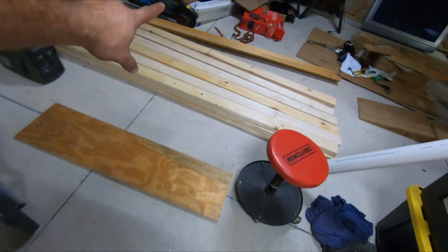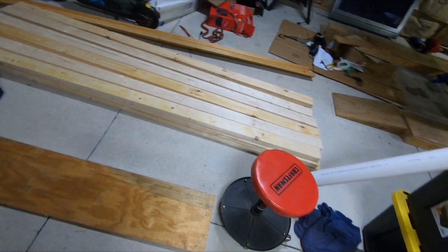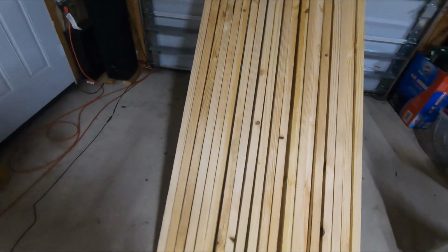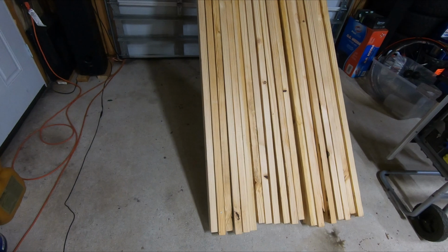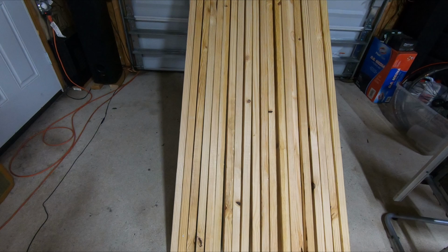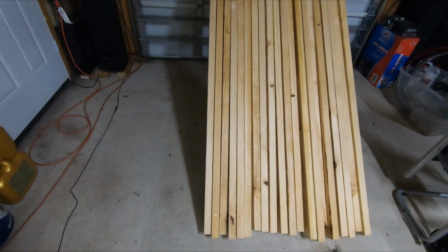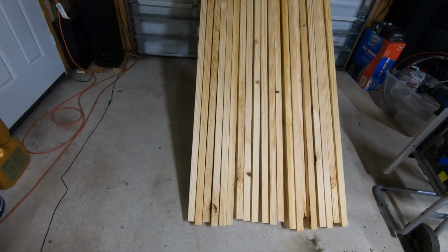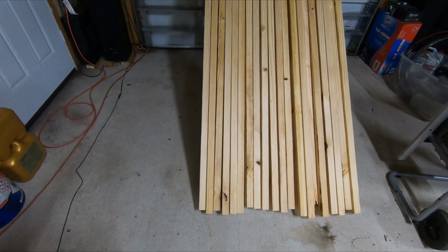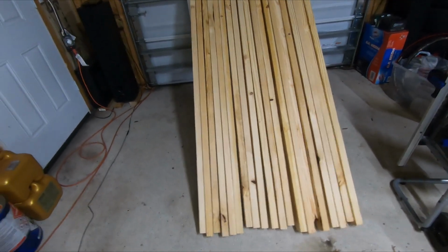So this is the wood to build the actual bench part. So this is the corners and the shelves and everything that goes in the brackets. This is taking the place of the sheet of plywood. And what I plan to do is glue all these boards together, plane them smooth, and make almost like a butcher block style top. And I've seen this done on YouTube a couple times. And they usually have more clamps than I do and more talent than I do, so we'll see how this